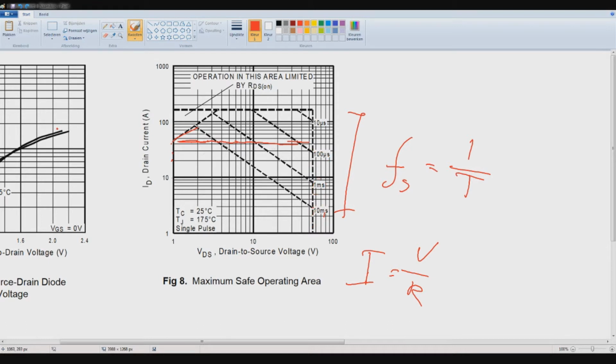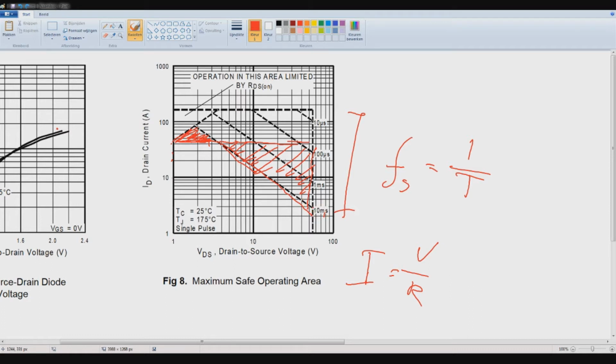For example, it is always, or not always, for the 10 milliseconds you can only get much higher than this, but if you go to a higher voltage it becomes restricted. This area then you can't use because of the high